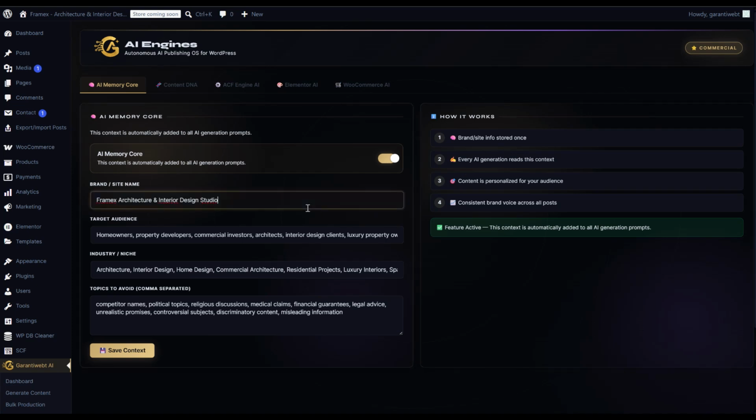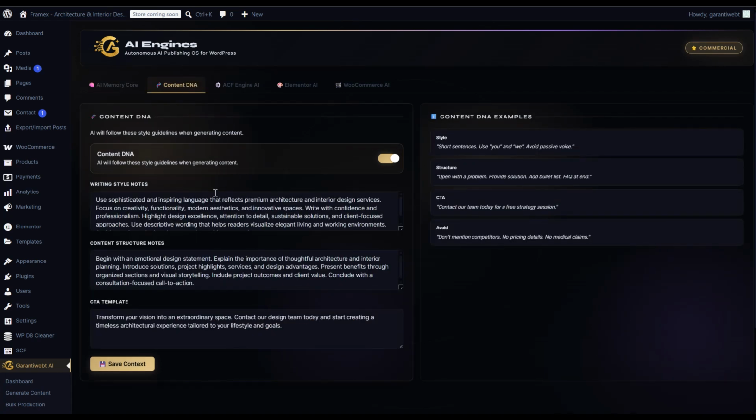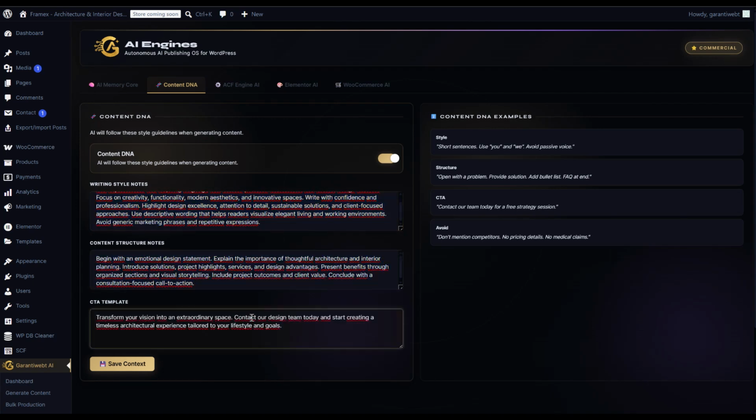I've already filled in all of the content. Pay close attention to these details, and don't forget to save. Based on this, the AI understands all of your content and creates it professionally. In the Content DNA section, it's the same idea. You give it the right prompt about your content, and based on that, it completes your content in a highly